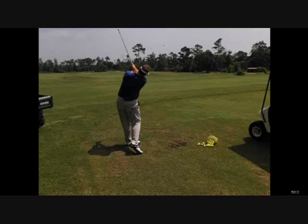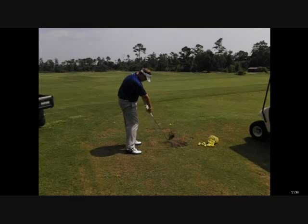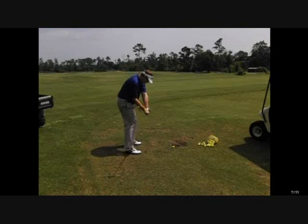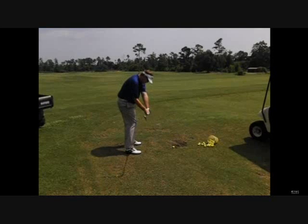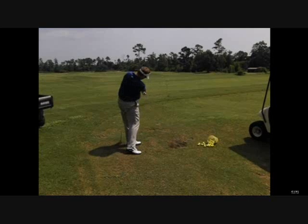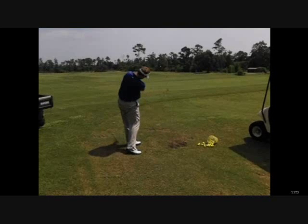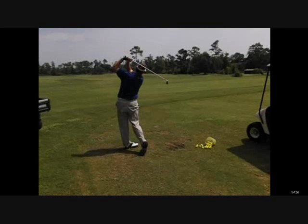So as we come through here, we'll go back and we're going to check out the club face right now. See, the club face here is actually laying toe up. On the other side it matches. Okay, so on this side it's toe up, on that side it's toe up. The angle that this face is matters most, that they match on each side in order to produce straight shots. Okay, and you can see as you're coming through here, Rob, especially right there, see how your body's just kind of hanging back and those hands are just slinging over rather than actually getting a good turn through it. So that was the before,